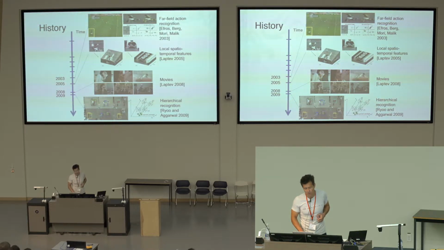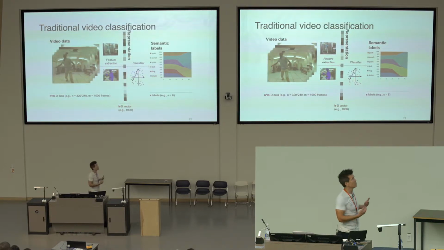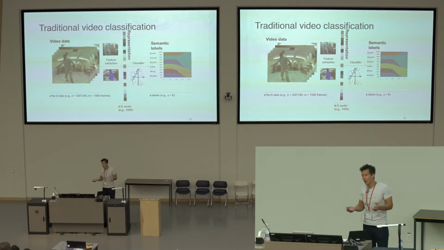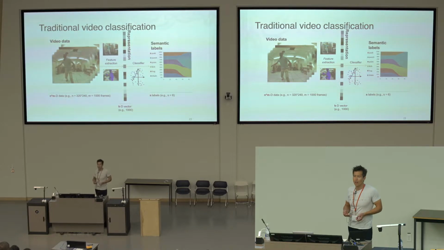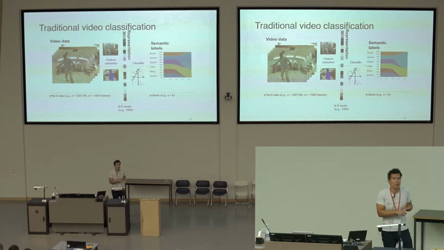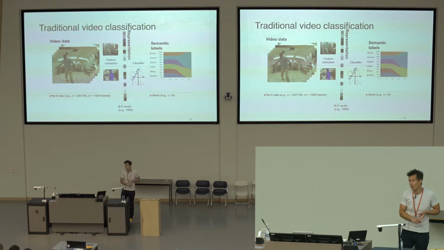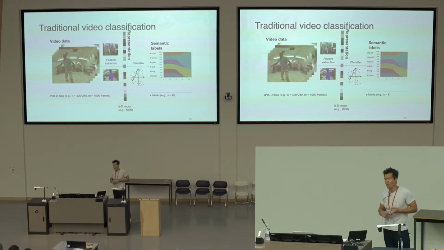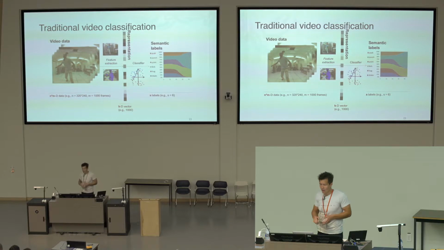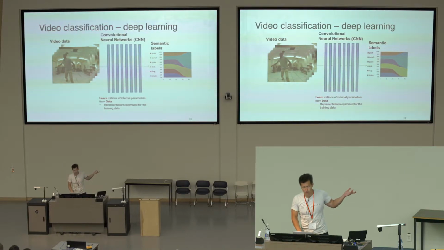Okay, so we fast forward past a lot of this work to the current day. This is how your basic traditional video analysis pipeline would work. If you're building one in 2019, generally what you're going to do is the following. You're going to have some video data as input. You're going to run something that processes that, which is going to be some form of convolutional neural network, and I'll show you some examples in a few slides. Then we'll put those through some sort of classifier that's probably built into that, and get an output which says how likely the various labels are to be taking place at some point in time. As I mentioned, these days we're using CNN type architectures with lots of parameters that are optimized for representing the data that we have access to.